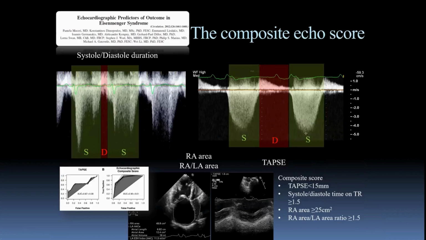And we have echocardiographic parameters. This was published in Circulation a few years ago, probably 10 years ago now, by Pamela Mosseri from France, who was with us, and Wei Li, where we used a composite score of TAPSE. TAPSE on its own is not sufficient to give you prognostic information, but if you combine it with other parameters like the area of the right atrium and ratio to left atrial area, and also the systolic to the diastolic time on tricuspid regurgitation,